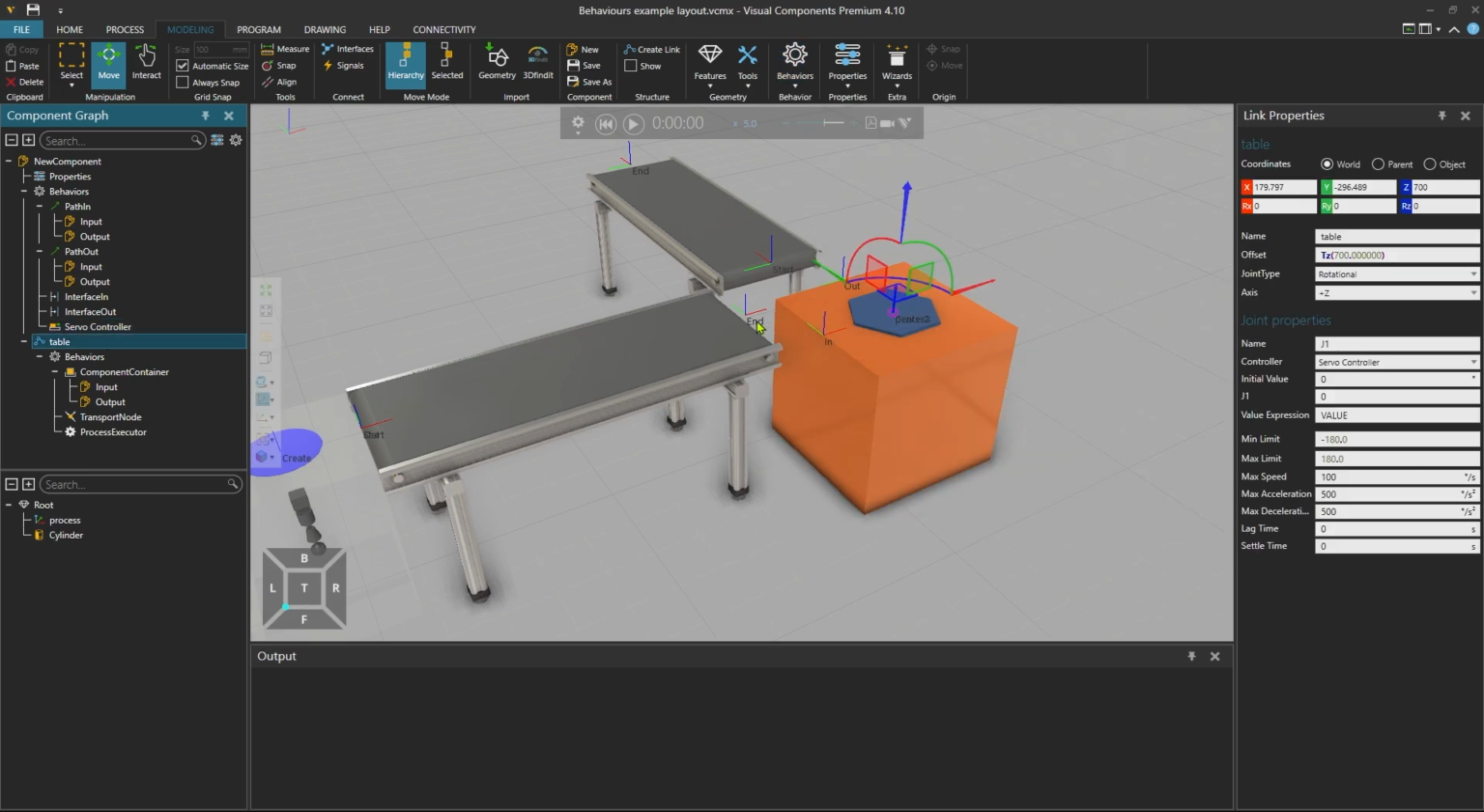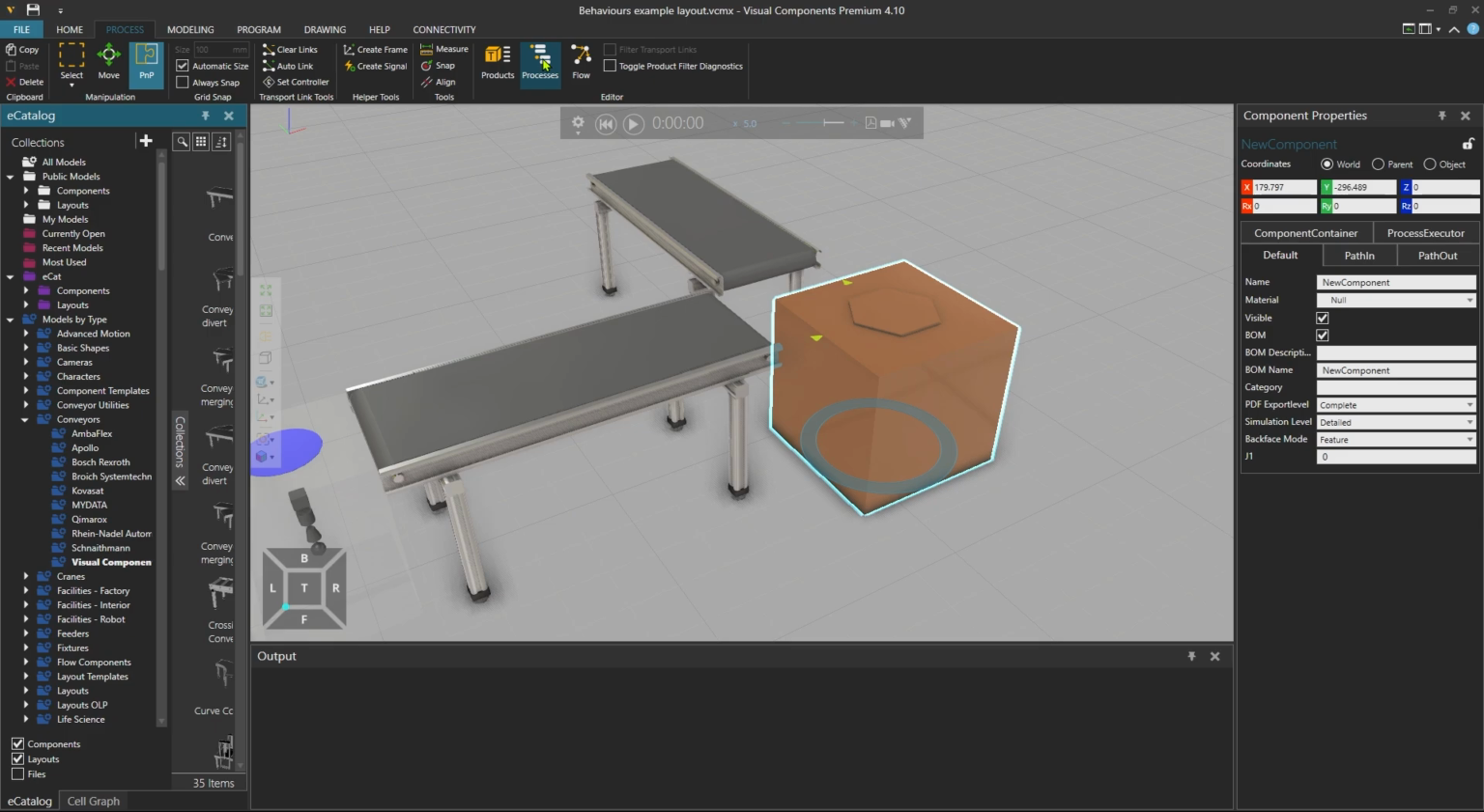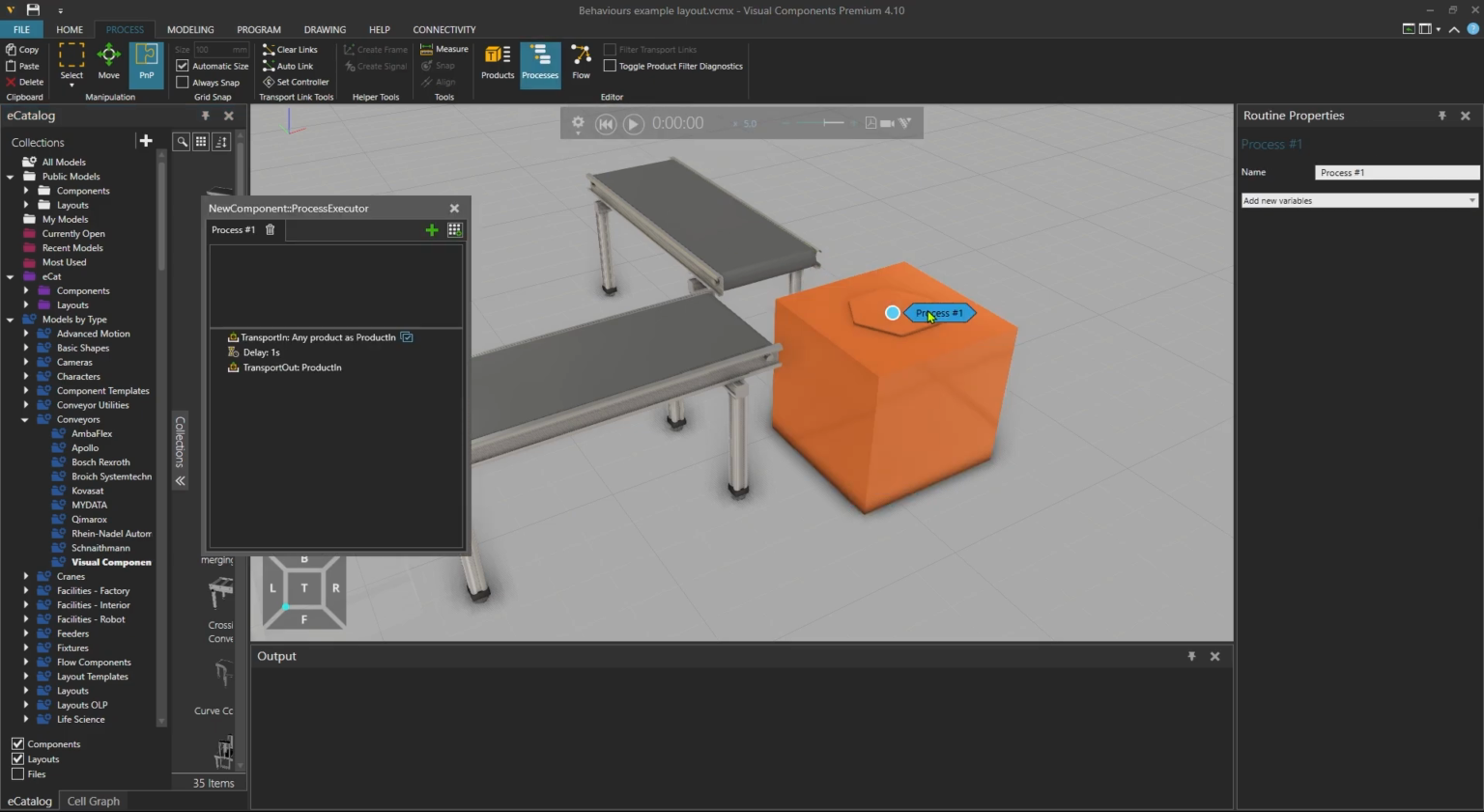This servo controller can now run the axis based on its properties defined in the axis itself, such as limitations, speed or acceleration. And the servo controller itself can be controlled depending on the case. So either from the Robot Program tab, a Python script, or by statements in the process executor, which we will utilize next. So returning to the Process tab and the Process Editor and opening the Process Executor panel, select the